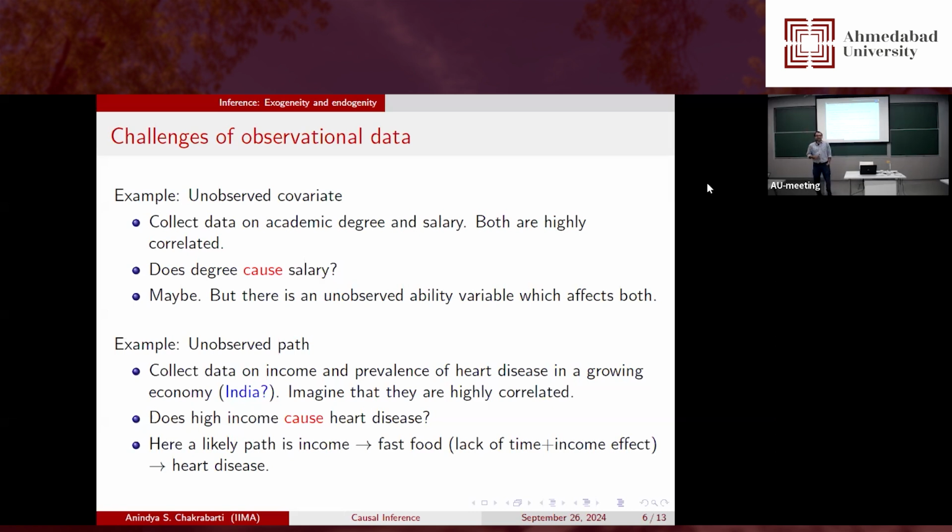But the point is that it's quite possible that someone who has been going through this whole grinding for 15-20 years potentially has high persistence. Whatever he or she does will be done at that level. So it's the innate ability which is causing both the degree and the high salary. It's a possibility. I'm not saying that is what happens, but we have to control for these underlying factors. And then the other thing is obviously that there is the problem of non-random assignment,